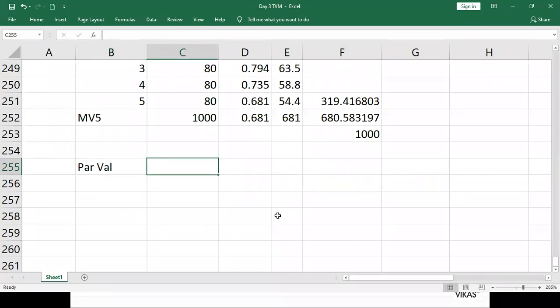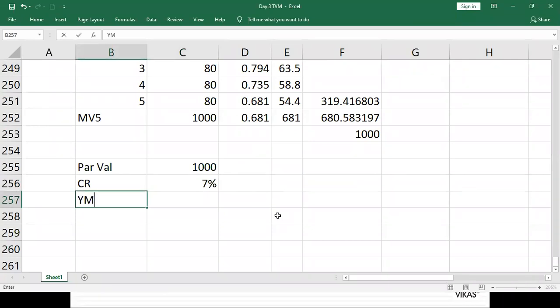Par value is 1000, and coupon rate the first time was 7%, and year of maturity, number of periods, 5 years,